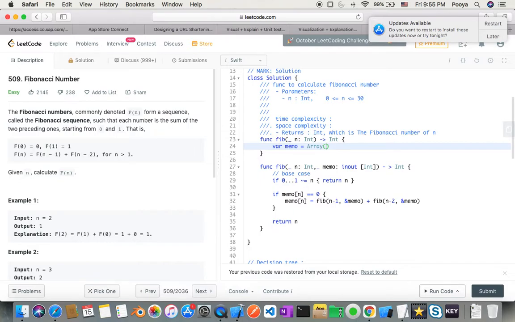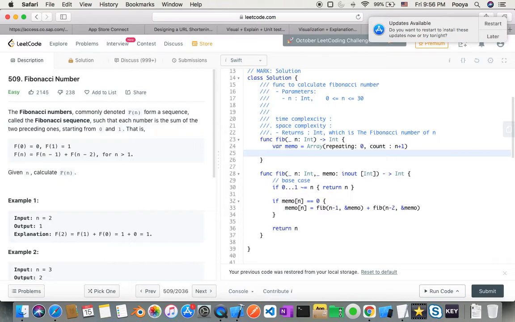So this array, how may I make it? I say okay, repeat value 0. So I put 0 in all of my memo, in count of n plus 1, so one bigger than my n. And here I just say okay, for me start to calculate,